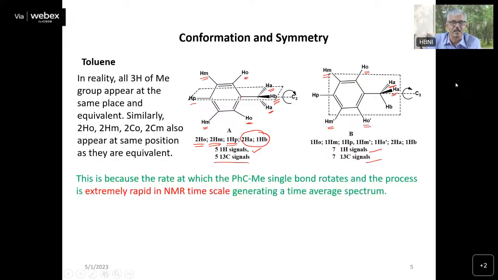We'll discuss the NMR time scale maybe after 2-3 lectures, when we see dynamic NMR. At that time, I will explain what the NMR time scale is, and we will see that depending on the NMR time scale, there is a change in the